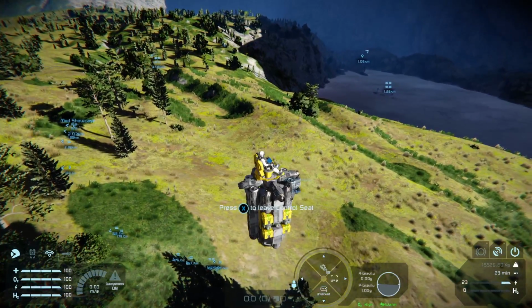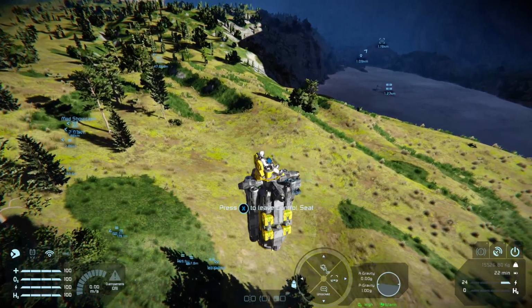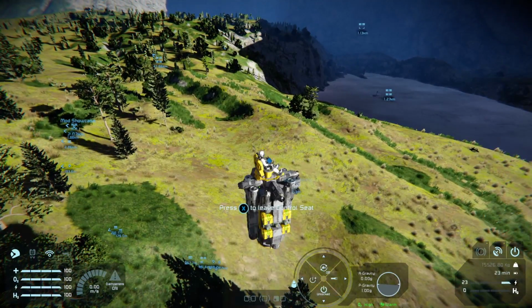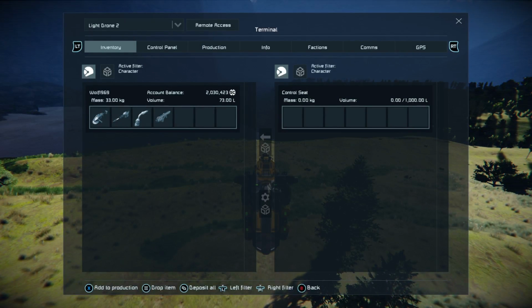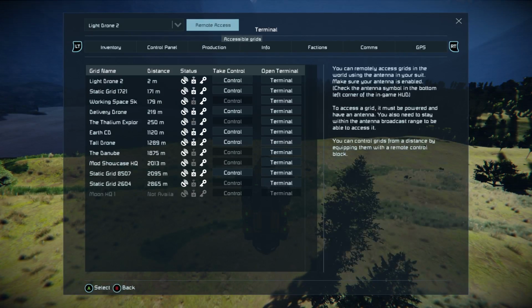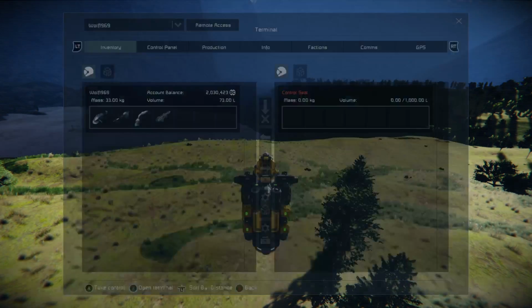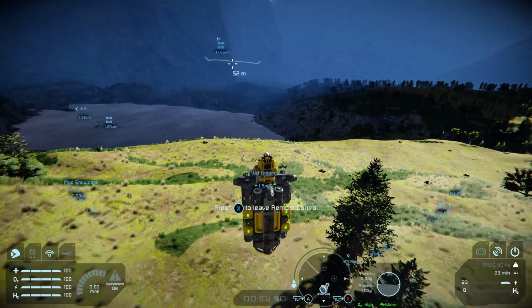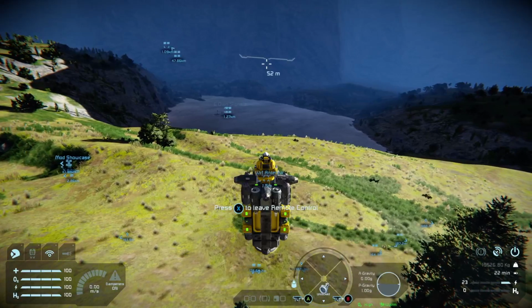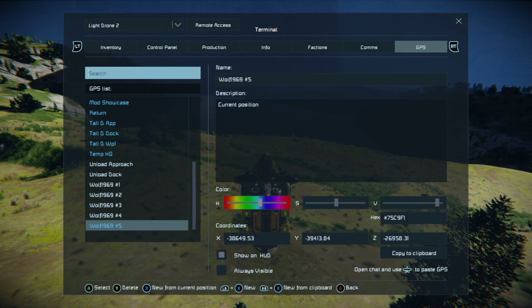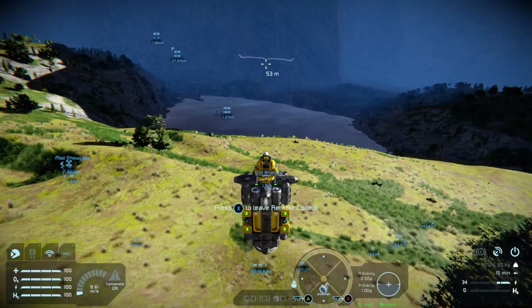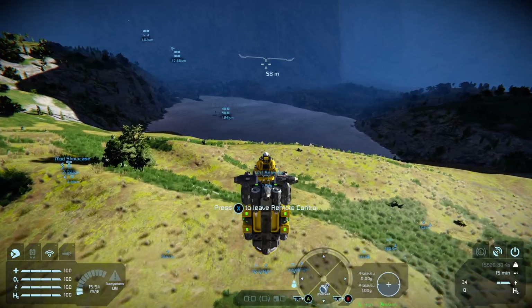So we've got our drone and we're in control. Remember what I said? Go to your panel, Light Drone 2, remote access, control. So now we're in control. What we're going to do is we are just going to go to GPS and we're going to go new from current position, and then we're going to move forwards here.